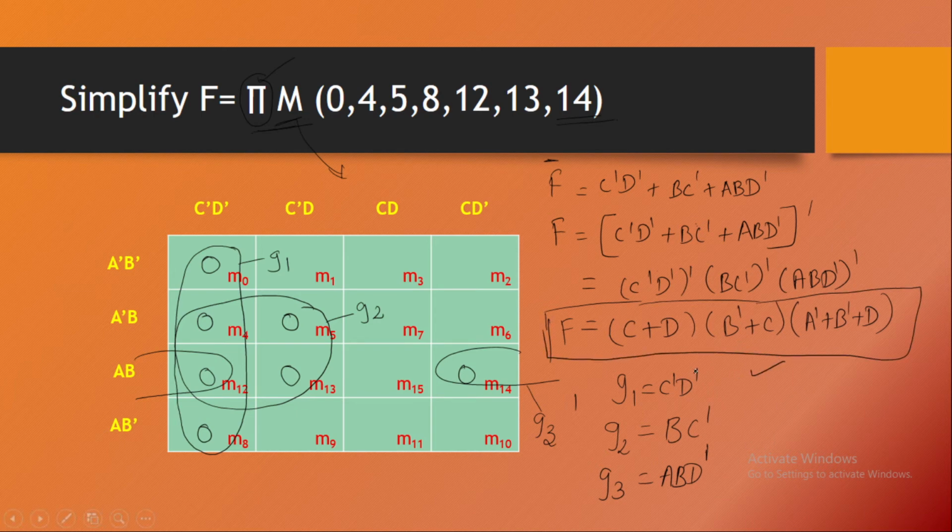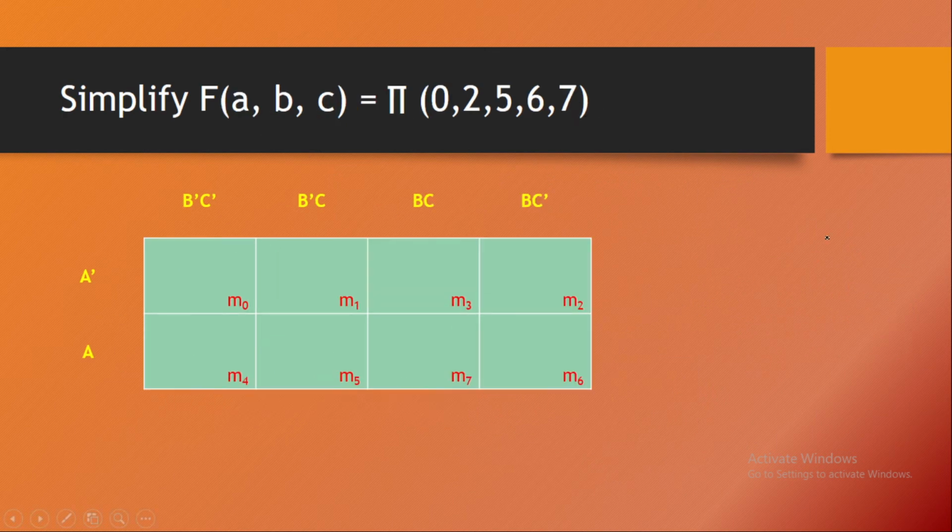So just a small rollback. Suppose the products or max terms are given to us, then we follow a similar strategy. We try to identify the number of inputs. Once the number of inputs is identified, you identify the perfect K-map for the input. Once you get the K-map, start mapping your max terms. Since they are max terms, we map with the help of value 0. Once you map it, you form groups. When you have all the groups in your hand, you just add the groups. The added value is nothing else but the complement of your function. So in order to get the real function, you apply De Morgan's law there, and finally you will get the real function. So let's try to understand with a small example again.